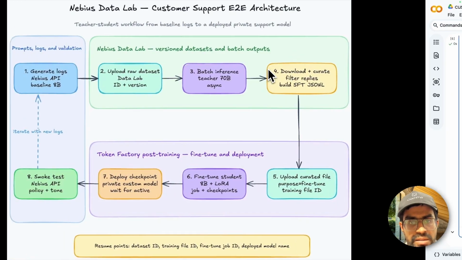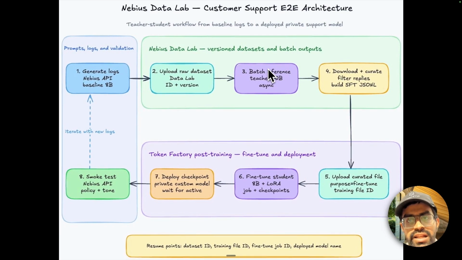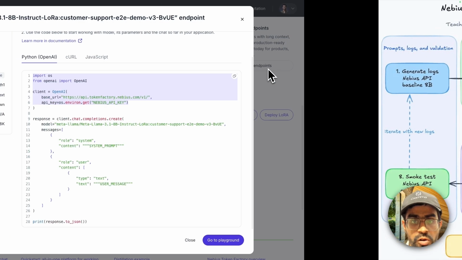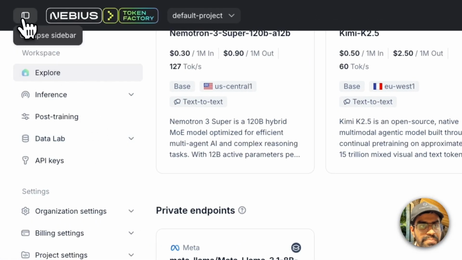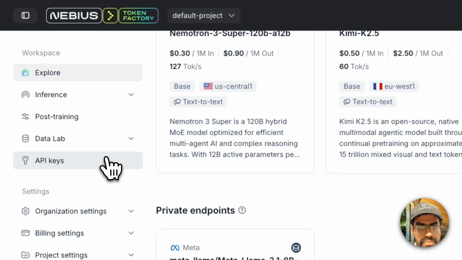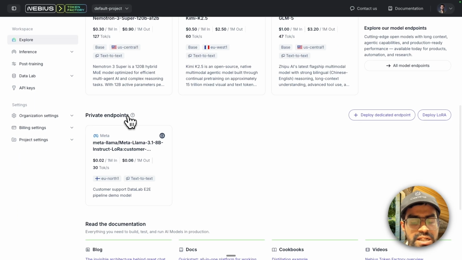by following this 8-step architecture where we are using the Nebius Data Lab for managing everything related to your datasets, to the versioning, to all of the responses that were generated from our teacher model. We were able to leverage those in order to generate our fine-tuning training data, and then we were able to fine-tune our model and deploy it as a private endpoint. If you want, as I mentioned earlier, you can also deploy it as a standalone dedicated endpoint as well, for which you get dedicated GPU access, so